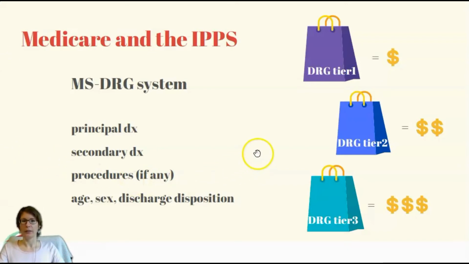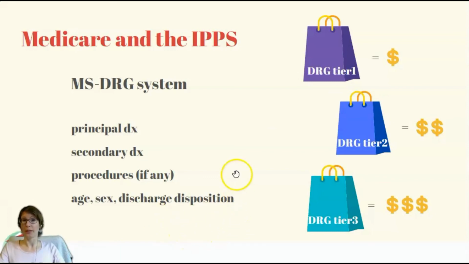Now, how does Medicare know exactly which DRG a patient should belong to? Well, they use an incredibly complex logical system that is actually so convoluted and has so many elements to it that nowadays it's handled by software to make it easier on us. This software is called the DRG Grouper.